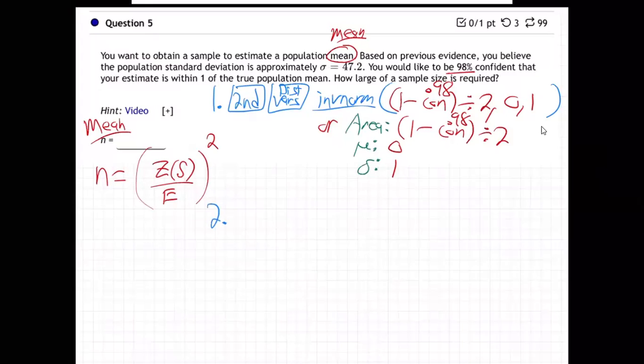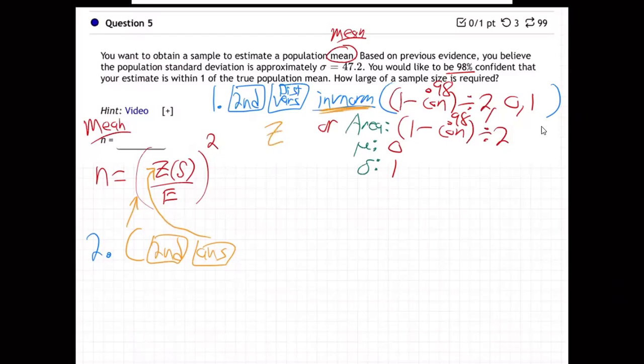And then step number 2 is where things are going to be a little different. Step number 2, you're going to have to begin with a parenthesis, right? Because of that parenthesis right there. And then hit second answer. What answer? You're grabbing the Z, which is what we just did, right? The inverse norm is the Z. I hope you know that. Whenever the formulas refer to Z, the Z value, they're referring to what we got from the inverse norm. So go second answer. That's the Z. That's the thing we just calculated. So we're grabbing the answer we just got, which is the inverse norm answer, which is the Z,